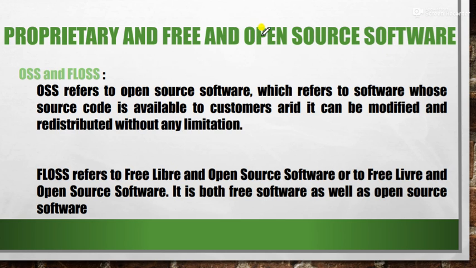Okay, so the very first thing is OSS and FLOSS. Now, first of all, what is OSS? OSS refers to open source software, which refers to the software whose source code is available to customers. Now, see, the very first thing is it is open source software. Okay, open source software means source code is available, and it is given here whose source code is available to customers